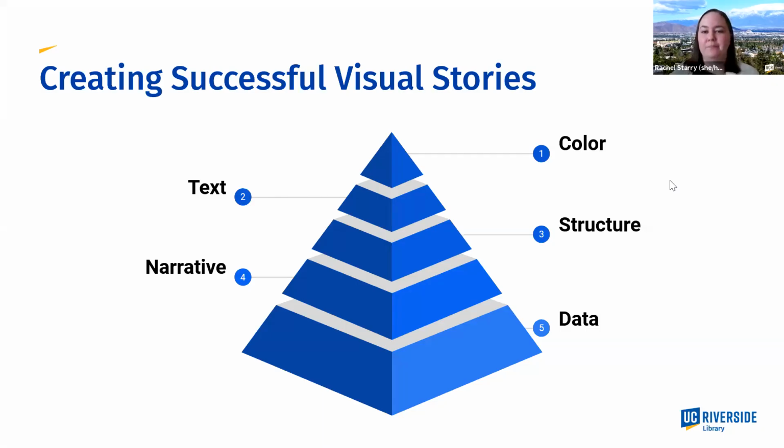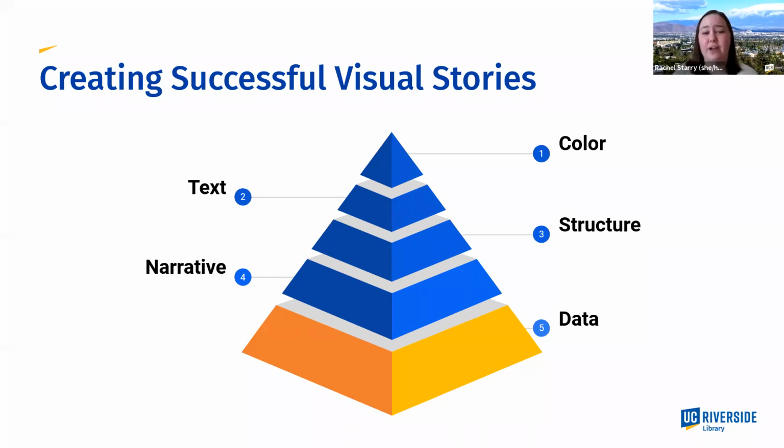So I've kind of broken out this process of creating successful visual stories into 5 components, and I really like this pyramid analogy because in my mind, each of these components, these pieces that go into creating an infographic, build on the pieces below them. And the bottom of the pyramid is data, right? So without good data,